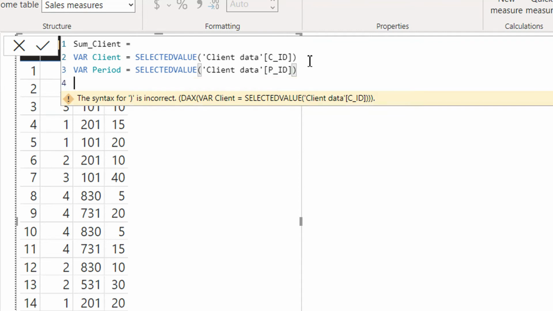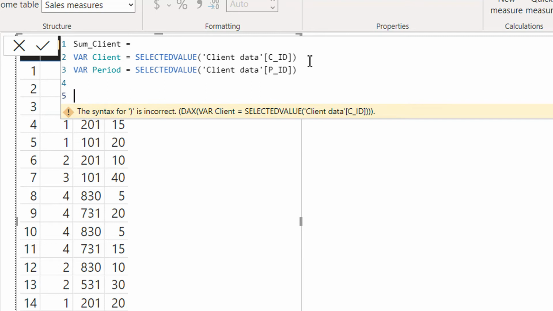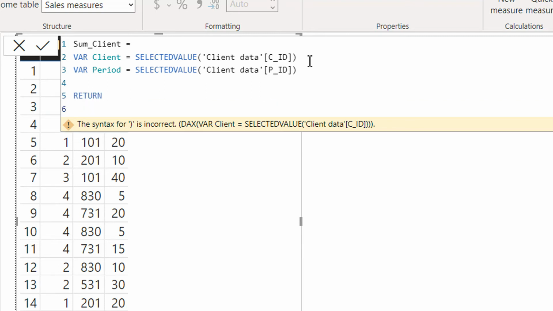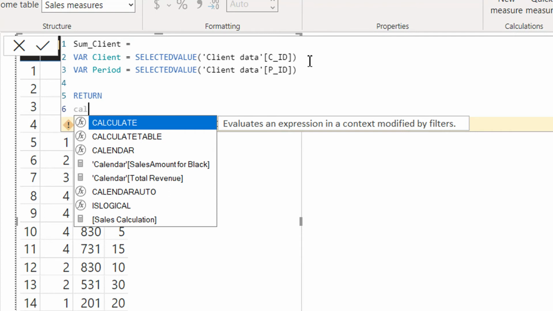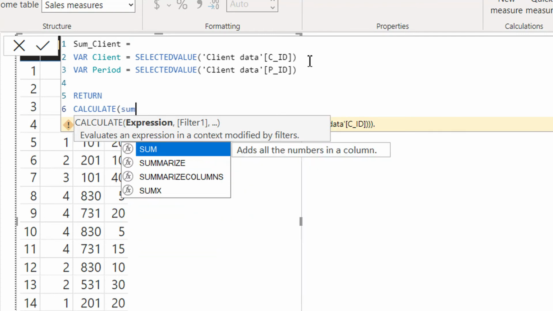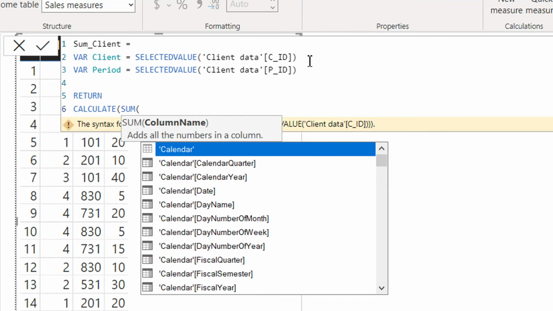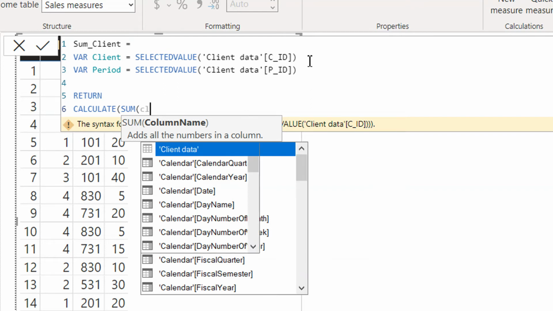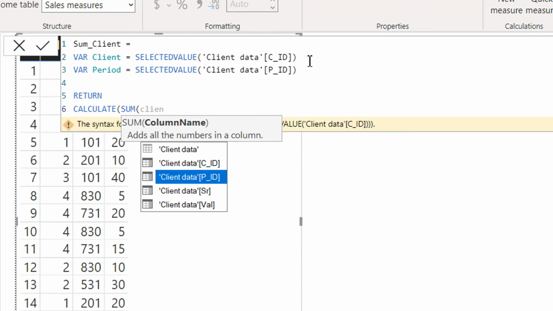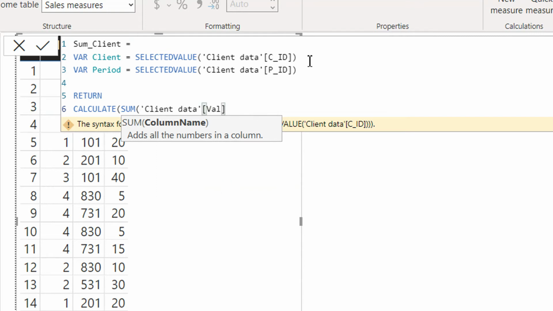Okay, and now we need to write here return keyword, and we have to use here calculate sum, and the name is client value. So this value where we need to sum up,